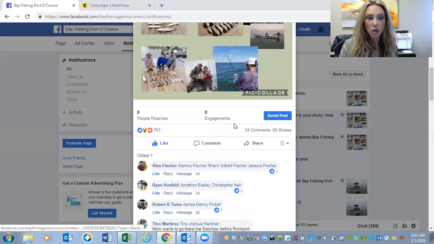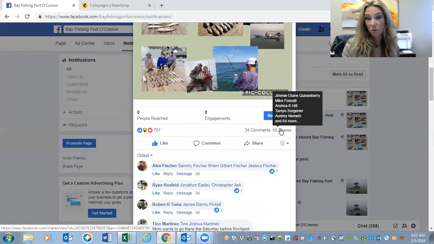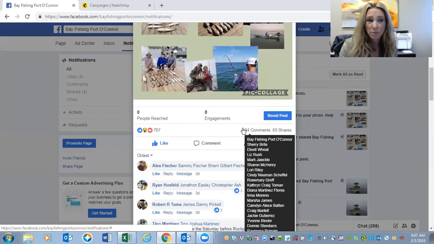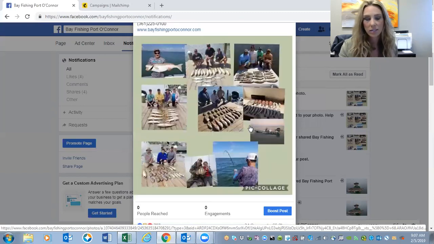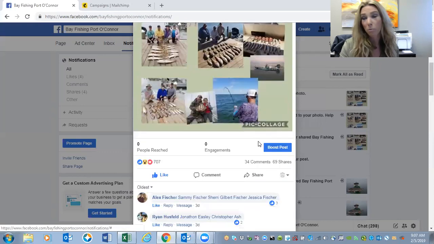I do want to also notate for you here, this one's going to be a little bit hard, so we're just going to go through a couple of them. But as you can see, 69 people have shared this image. Guys, that is huge. That's great. For something that is not boosted, to have that many shares is awesome. Nothing probably that I did on my part. It's just this guy was offering a sale. So that's probably the main reason why this got shared so many times, people wanting to book maybe prior customers